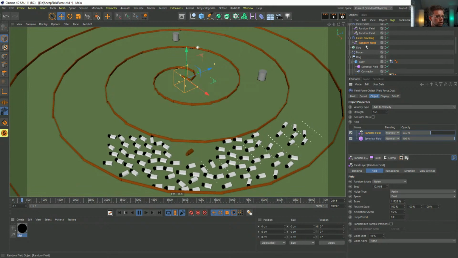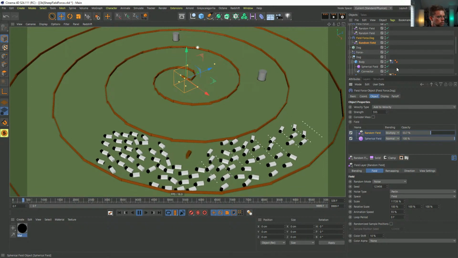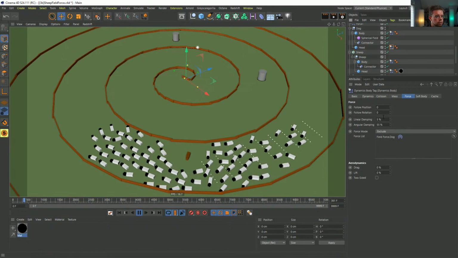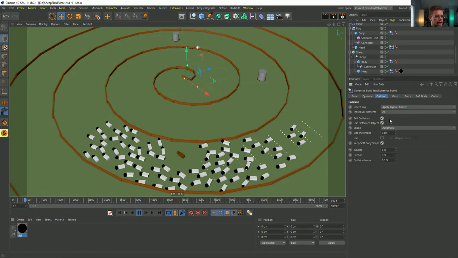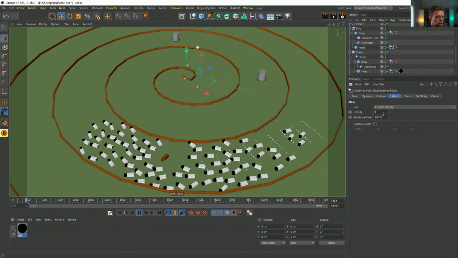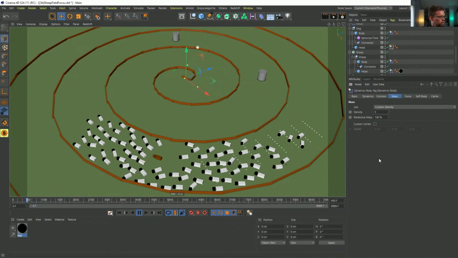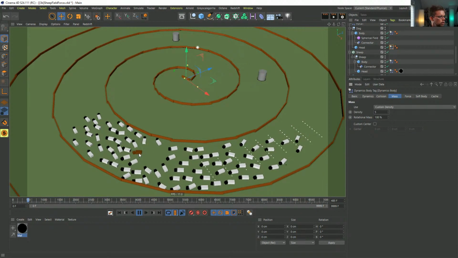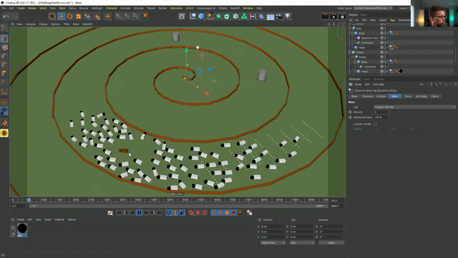And it'd be kind of neat to make the dog affected more strongly by the overall field force. I'm not sure if that's possible. I will increase its head's mass, which might be a way of doing it, custom density. And let's go 5 and see if the dog seems to have more action. Ooh, yeah, maybe. Yeah, he definitely kind of charged forward there.